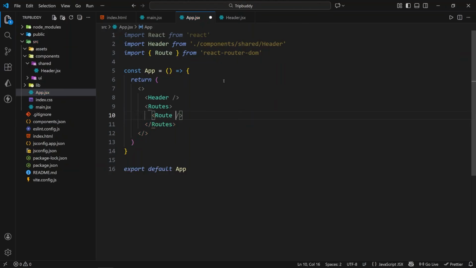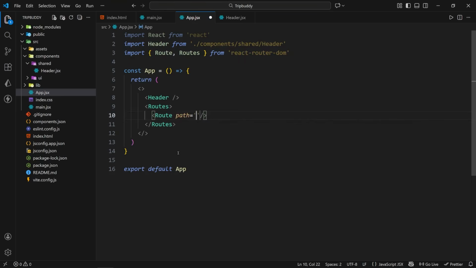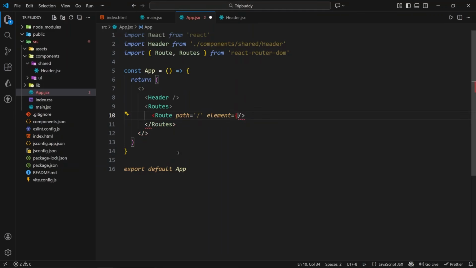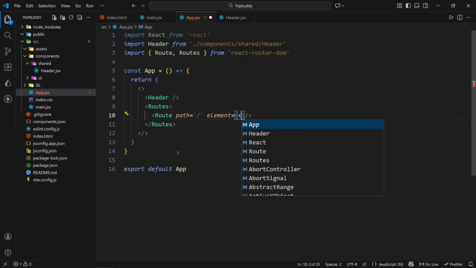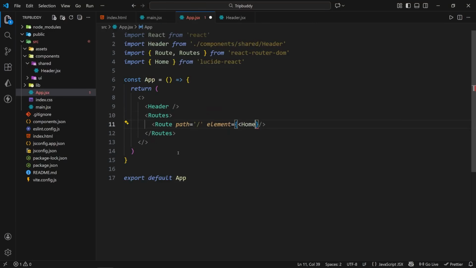Okay, route imported, and we will import the routes as well. Route and routes from react router dom. Path will be, as it will be a home page, that's why we will write path slash, and element, that will be the component or page rendered on this slash endpoint. It will be home. We will import the